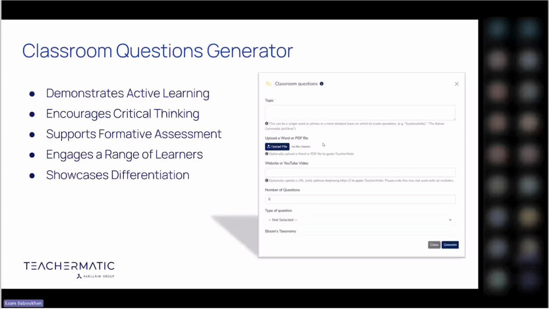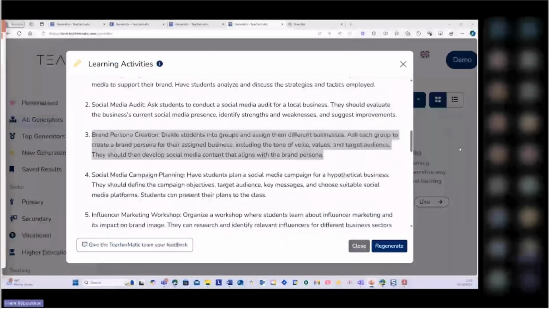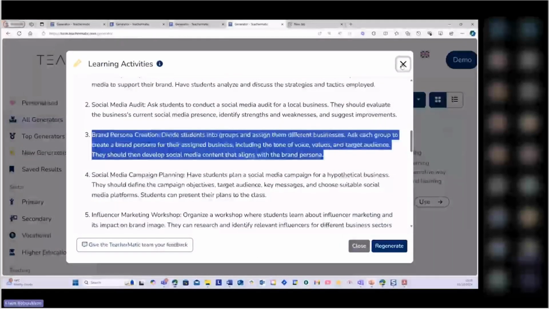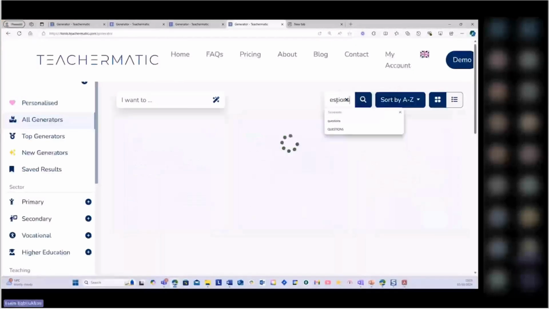So, well-timed questions will allow the teacher to gauge student understanding in real time, enabling quick adjustments to address misconceptions or knowledge gaps. And you can engage a range of learners, although the quiz is fantastic for that. But this way you can really target and differentiate your quizzes. So what do I mean by that? Let's have a look. And this is what I would do if I was still teaching and being observed.